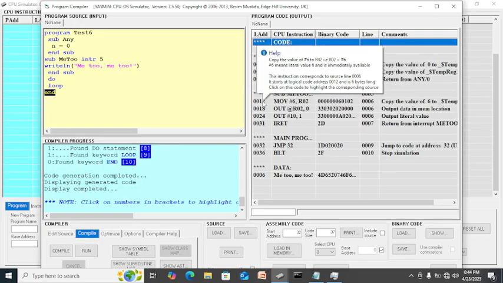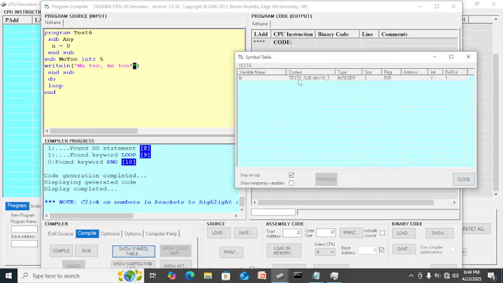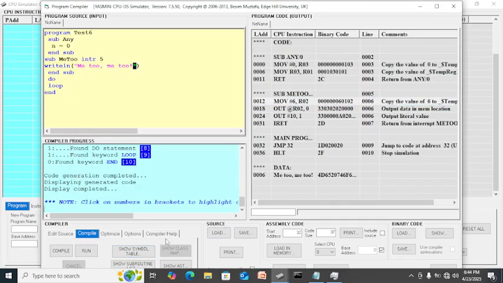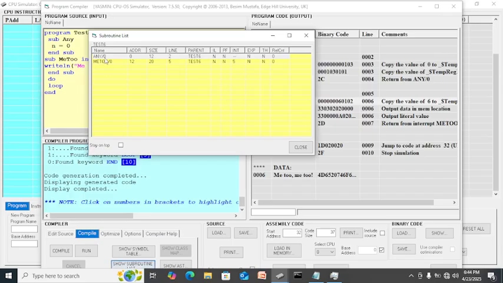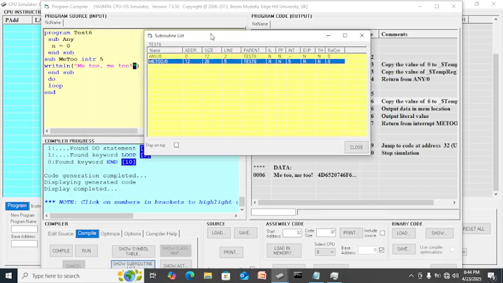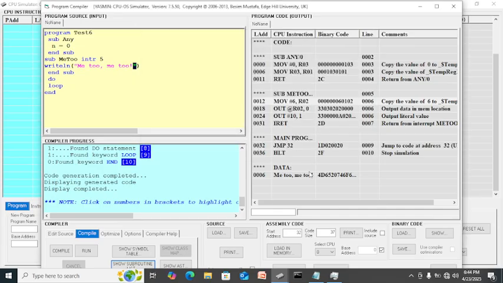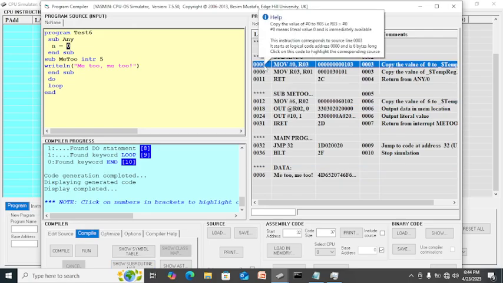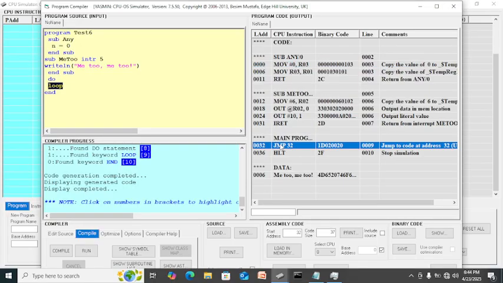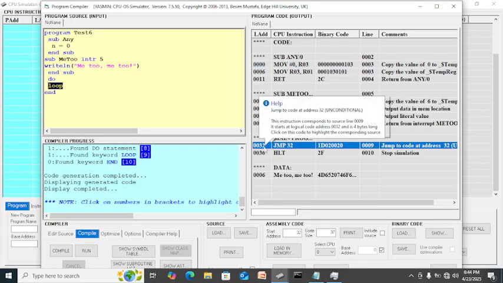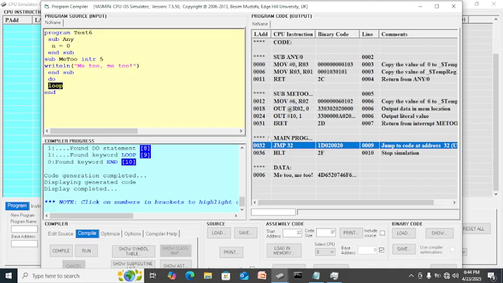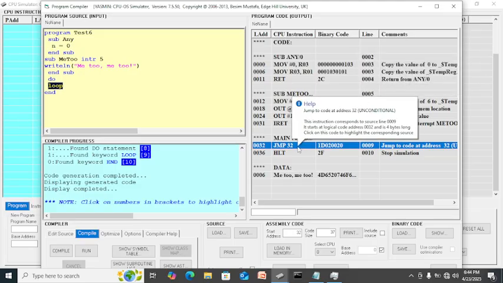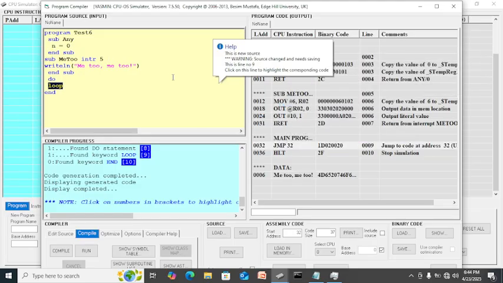So the me2 is in 12, and show the symbol, and integer 2, R01. Show the subroutine list. So we have any and me2. Okay, we have sub any and me2. So this is the address 0 and 12. As you can see here, we have 12 and 0, and it will jump to itself. So it keeps on looping, jump to me, jump to me, jump to 32. Okay, so it will loop. So after looping, it will trigger the interrupt and it will run.